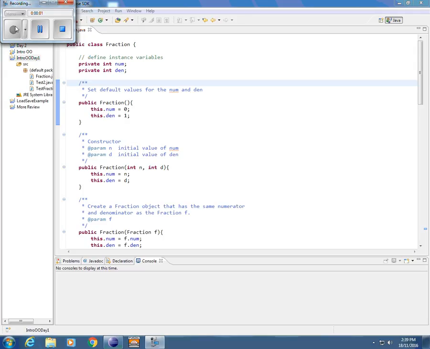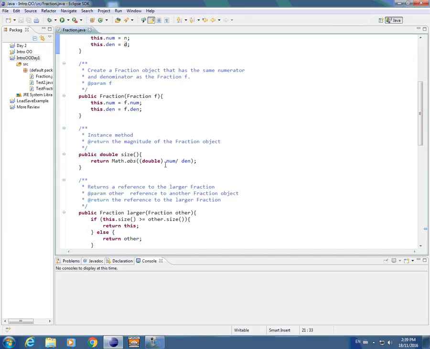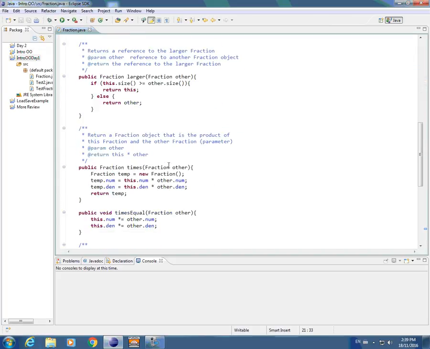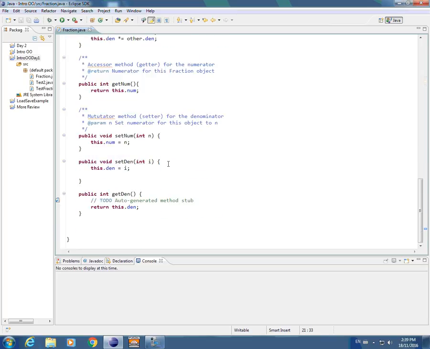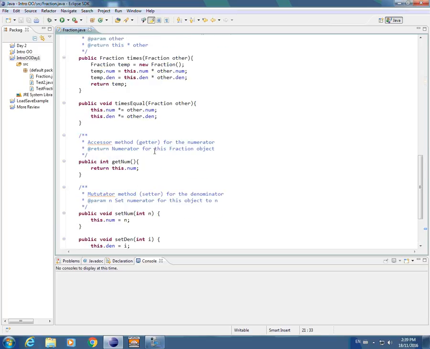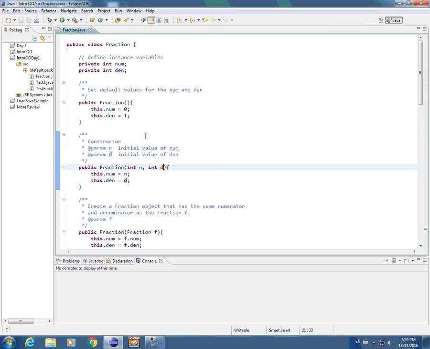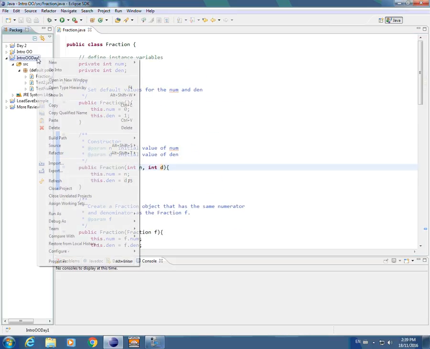So far, when we created our fraction class, we now have constructors, and we have 3 constructors, and we have some methods. I didn't include all the methods. Our accessor and mutator methods that we covered last class, and it's time to add some more. If I now open a new